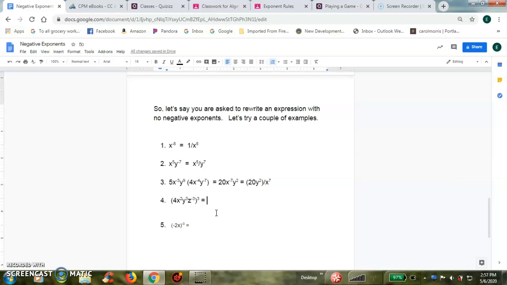This is taking a power to a power in terms of the exponents, but I just want to run through this one with you real quick. In terms of the numbers, you just do that like normal. So 4 to the third power is going to be 4 times 4 times 4. So that's the same as 16 times 4. So that's 64, right? And then it's going to be x to the 6th power, because 2 times 3 is